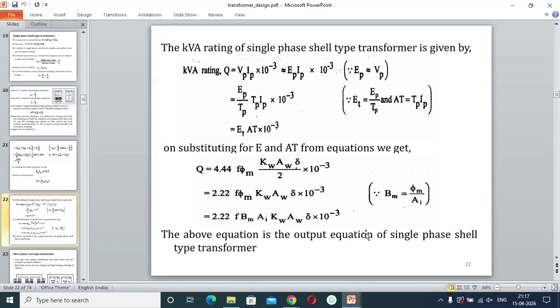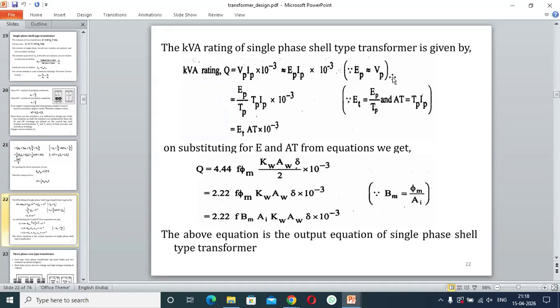तो केवी रेटिंग will be given as VPIP 10 power minus 3. As we give the rating of a single phase transformer in voltage, to convert it to kVA rating we divide by 10 power minus 3. Or if you divide this, again we equate this as VP equivalent to EP. तो यदि हम इसको कहे कि ये बराबर होगा, तो अब हम इसको लिख सकते हैं EP